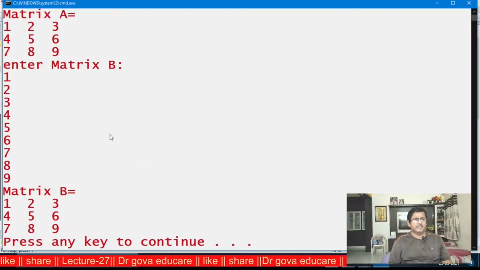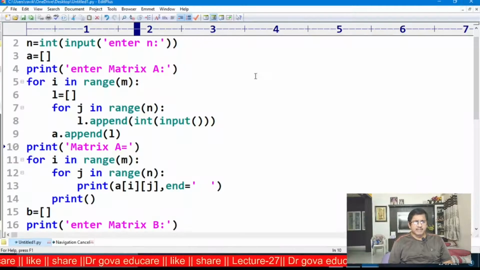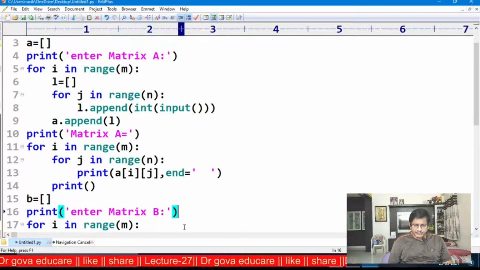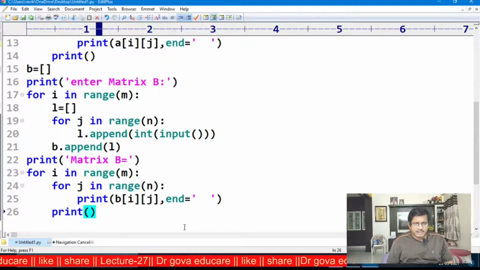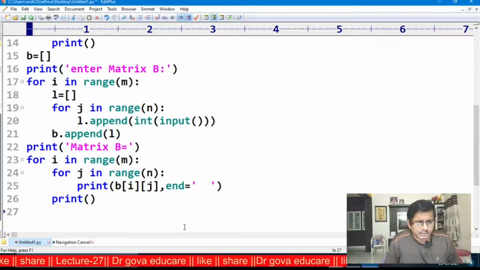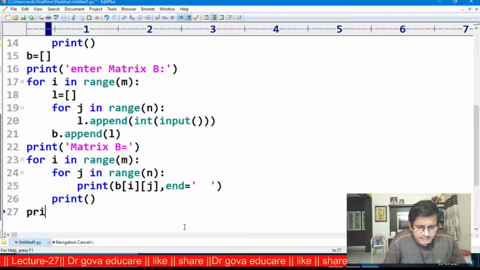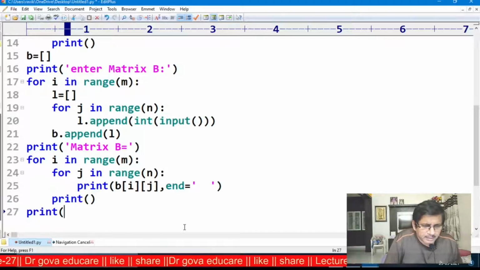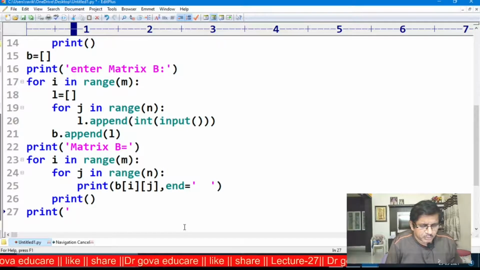This is the matrix B. Now I want to add these two matrices, which have the same dimensions. First, print addition of the two matrices.